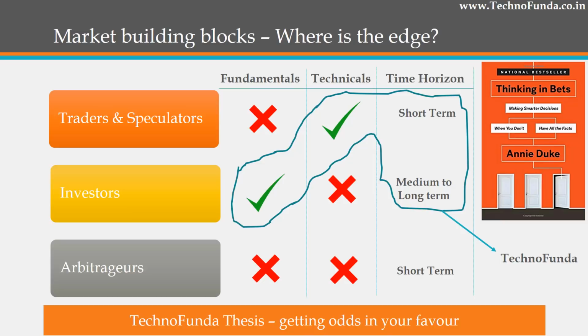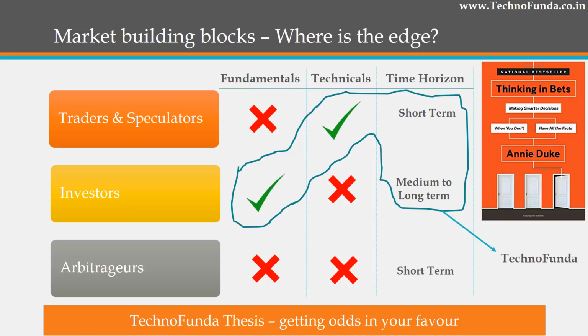Now, the second category of participants are investors who basically take a medium to long term view. Again, this is subjective. Many of the investors who believe themselves to be investors don't take a medium term bet, but they might be taking just a short term bet. But anyways, that is not the definition of investor as per us. And the third category of participants are more of arbitrageurs who basically just see short arbitrage within different securities and take a very small bet.